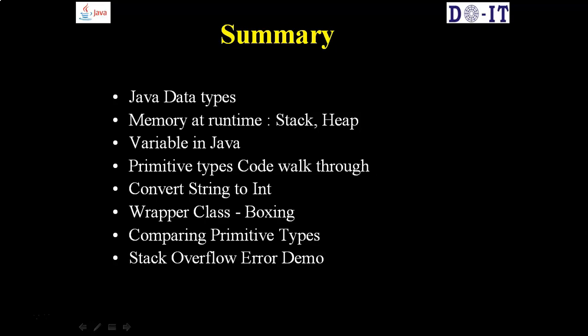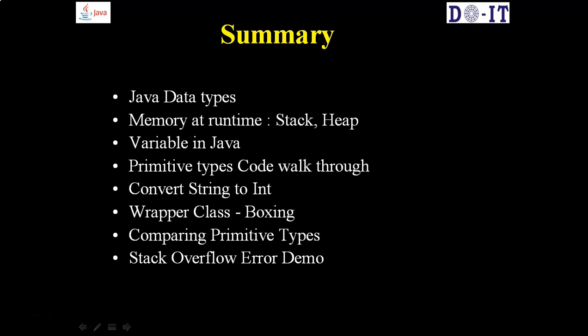So winding up this session, let's quickly summarize what we learned in lesson 3. I walked you through the Java data types. There are two types, that is the primitive types and the objects. And we discussed the memory allocation for stack and heap. We discussed variables in Java, the different three or four types of variables based on where they are declared. We saw global variables. In global variables there are two types, static and non-static, and then local variables declared within the function or method, and then parameters that you declare in a method.